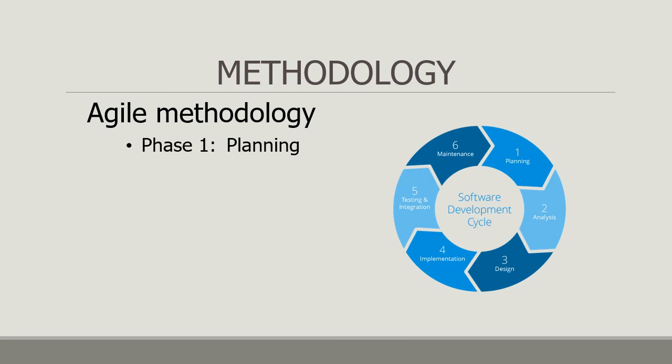So for the first phase of Agile methodology, which is planning, it is going to deliver a flowchart of activities and preliminary report. Next, for the second phase, analysis, it is going to deliver the requirement documentation. Next, for the third phase, design, it is going to deliver system design specification, context diagram, data flow diagram, ERD